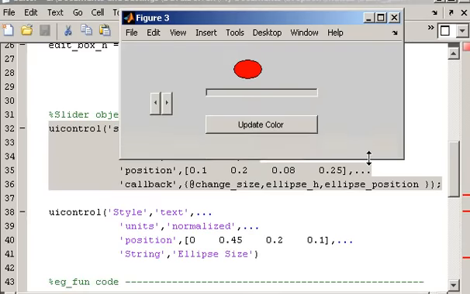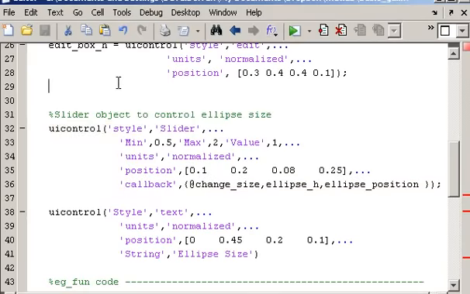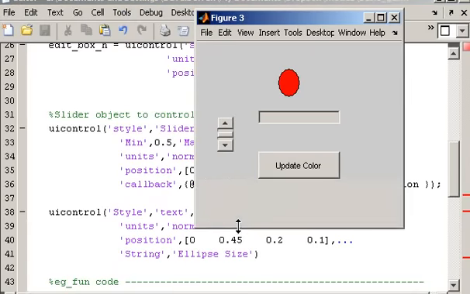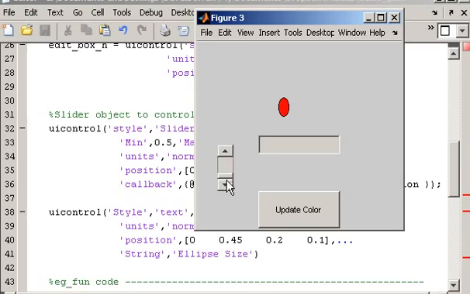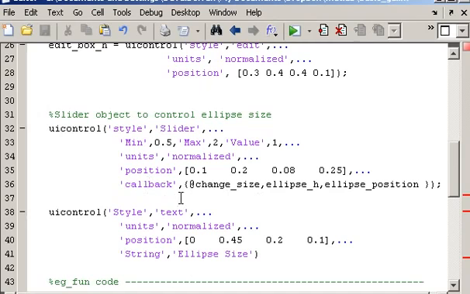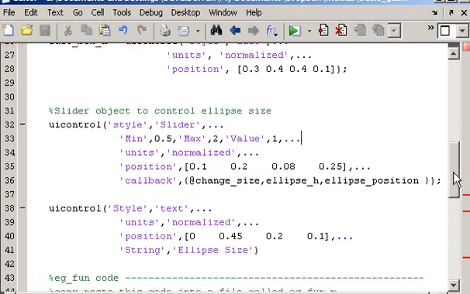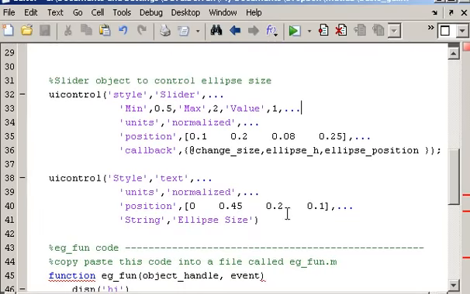Might just make it a little bit bigger so you can see the slider in operation, and you can see that the position of the slider is somewhere in the middle. As I move the slider down, the parameter gets small, and as I move it up, this parameter gets larger. Now, one thing I haven't done yet is in some of the control objects there is this callback, and that really deals with what are known as callback functions, and I'll deal with that in a third video on GUI design. And lastly, I'm just going to add in the text component,